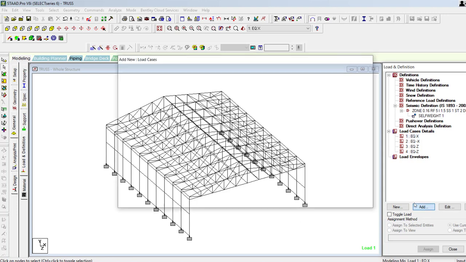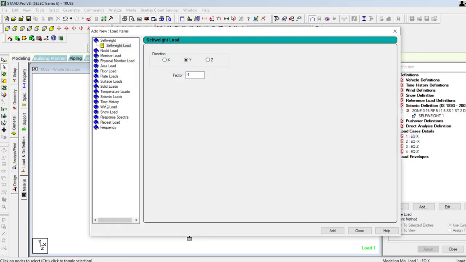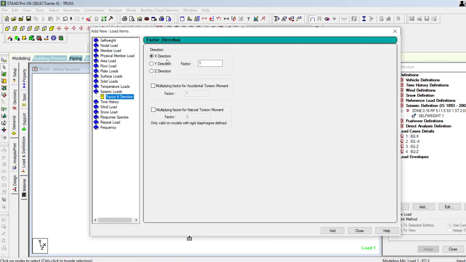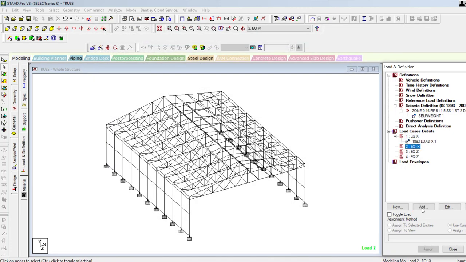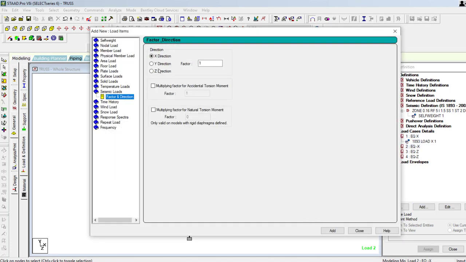After that we have to assign it. Apply the seismic for X plus 1 value and apply for minus seismic X minus 1 factor, add and close.